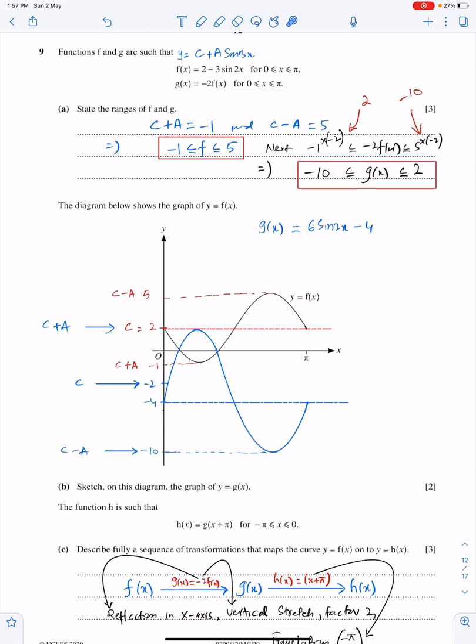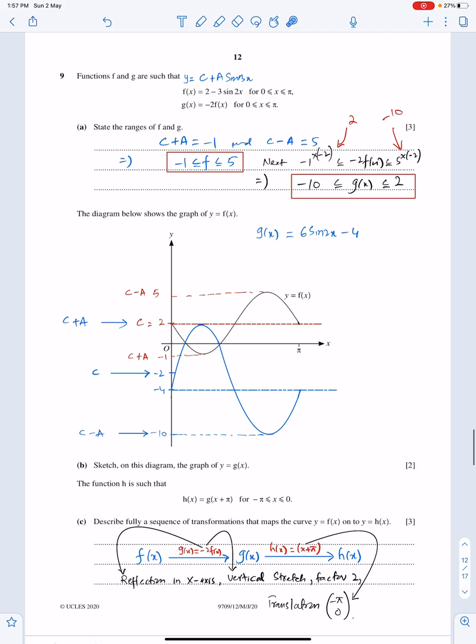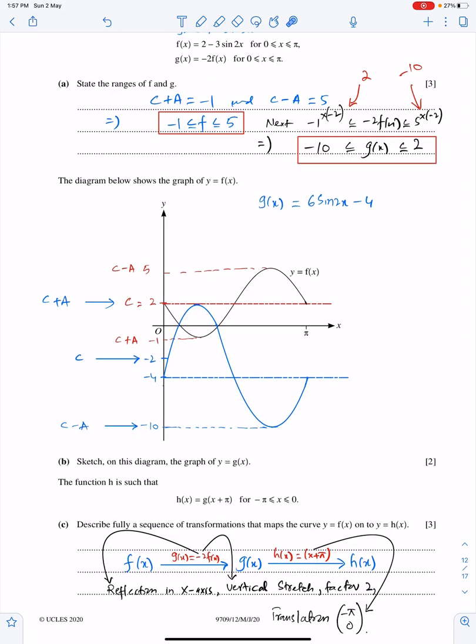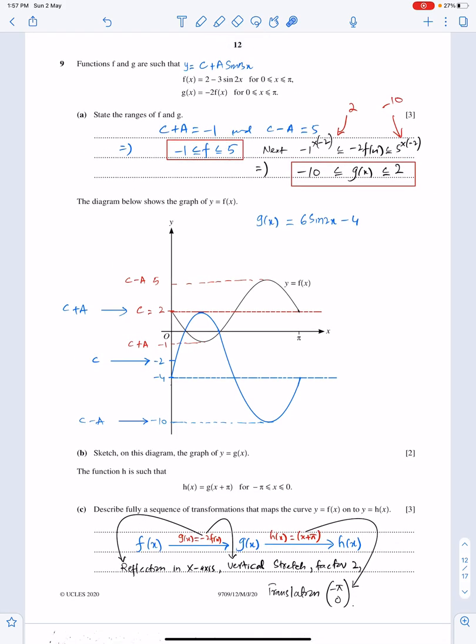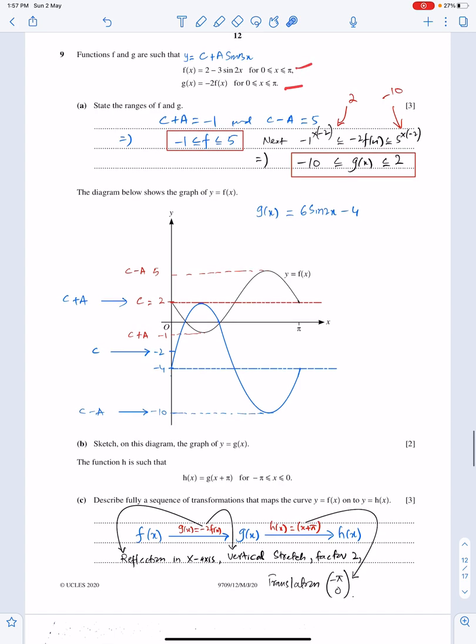Next question. This is question number 9 of transformations of functions. Functions f and g are such that we have trigonometric functions. State the ranges of f and g. So by comparing f with this standard equation, we can get the range of f. The range of f will be